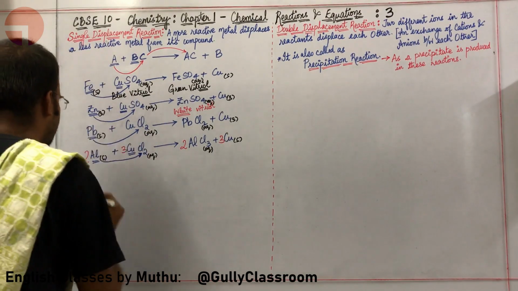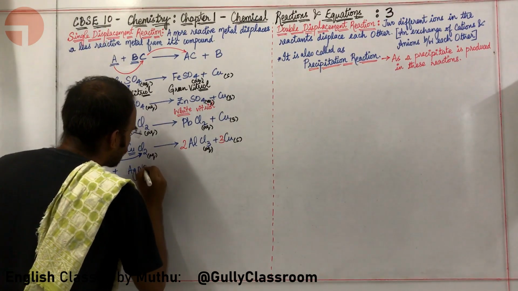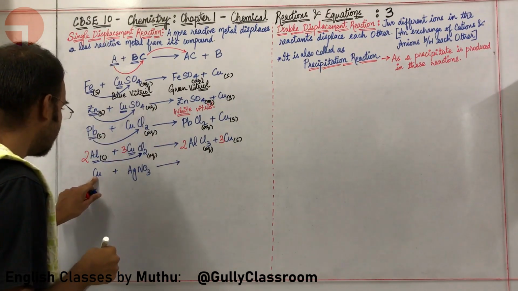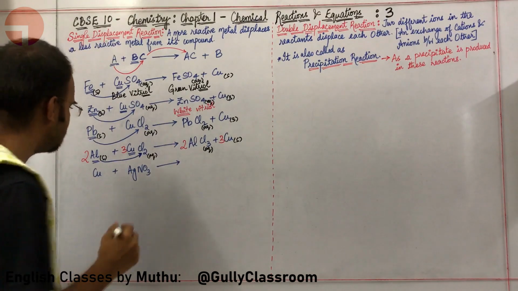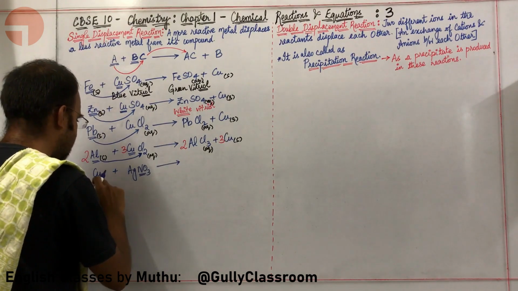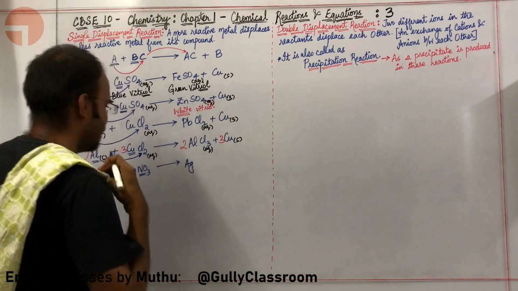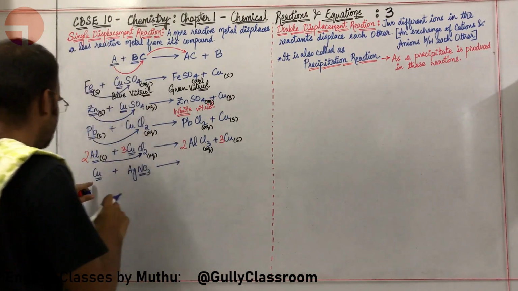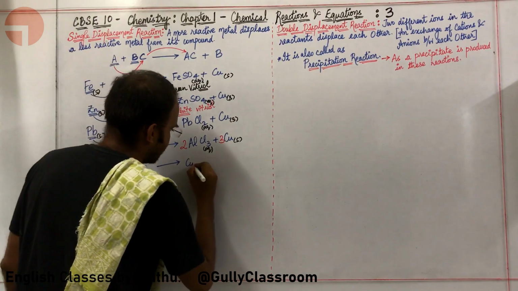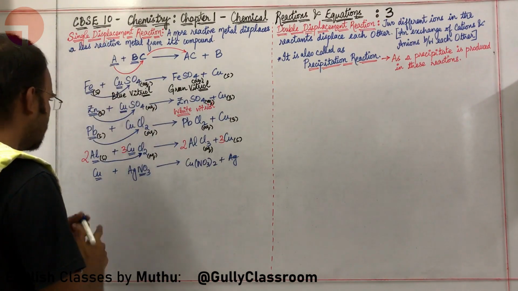Absolutely. Okay, let us take copper just like you requested. I am taking copper and AgNO3, silver nitrate. Copper here is more reactive than Ag, and because copper is more reactive than Ag, copper is displacing Ag and taking away NO3. Here I have just made a mistake. I am sorry. Because copper is displacing Ag and it is taking away NO3, you will get CuNO3 twice plus Ag.